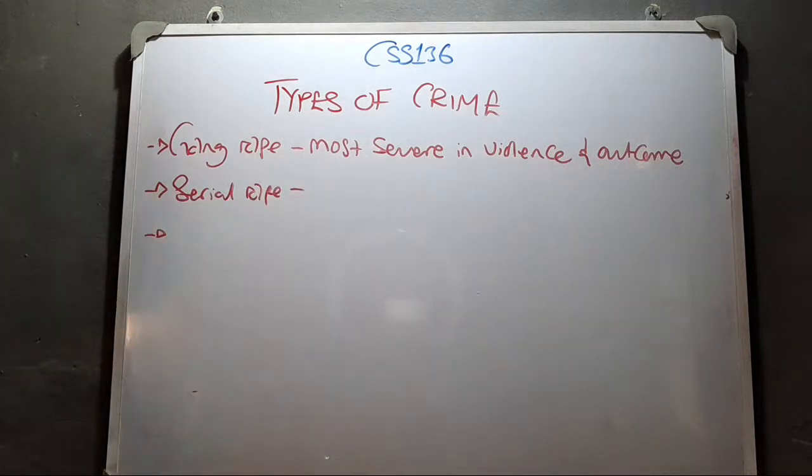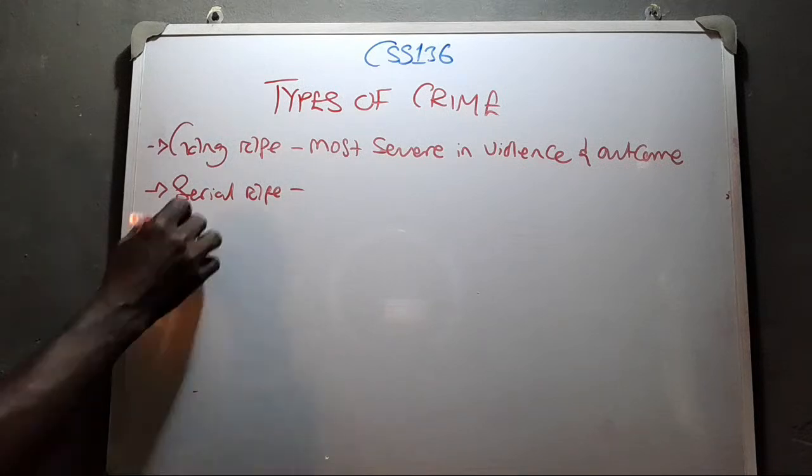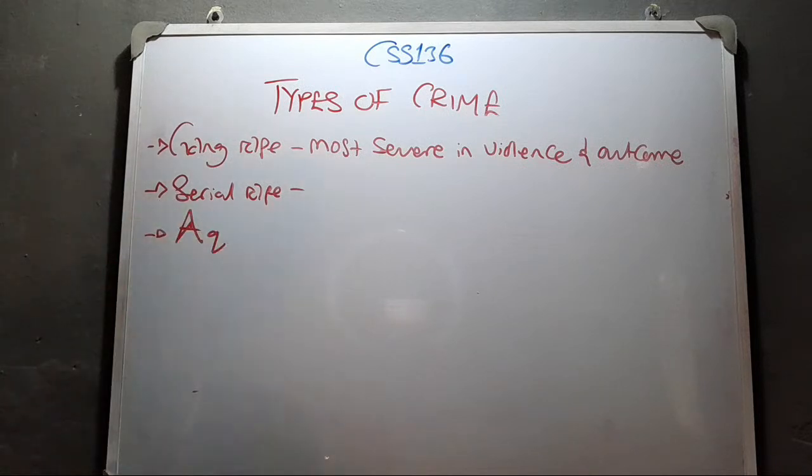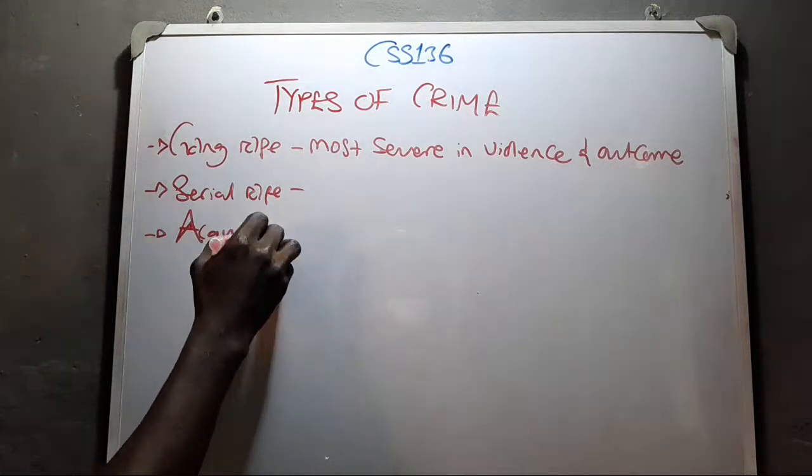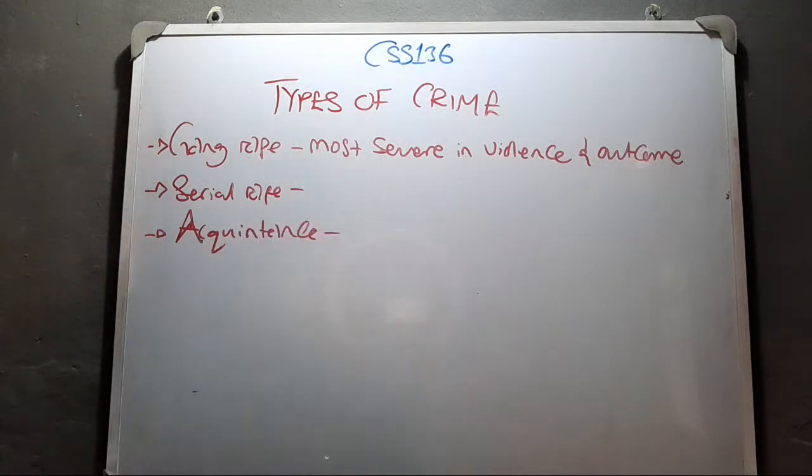Okay, so we have acquaintance rape. Acquaintance rape involves someone known to the victim, including family members and friends, from the word acquaintance. According to what we have here, acquaintance rape has subcategories. We have statutory rape, we have date rape, we have